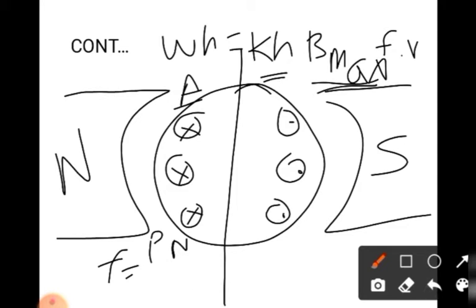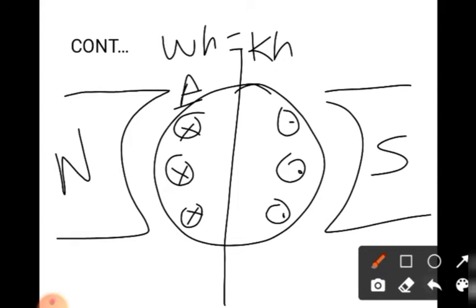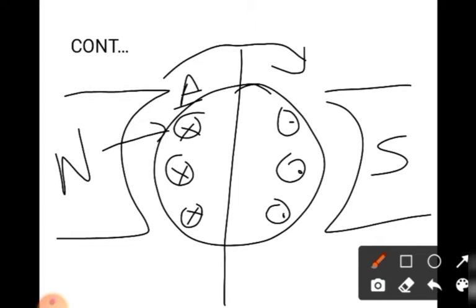Now firstly we will see coercive force and retentivity property. Firstly we will see retentivity. Retentivity is the magnetic property, which means it will store magnetic polarity in the conductor whenever it is present under the N pole. After some time it comes under the S pole, therefore the previous polarity needs to be cancelled out. So therefore we require coercive force. Coercive force means this force is required to eliminate the previous polarity.